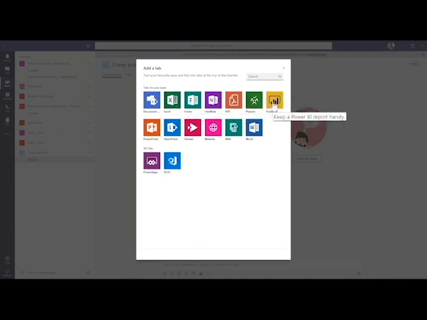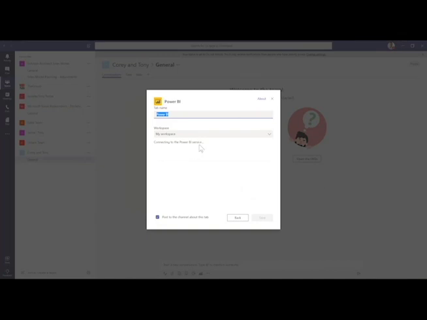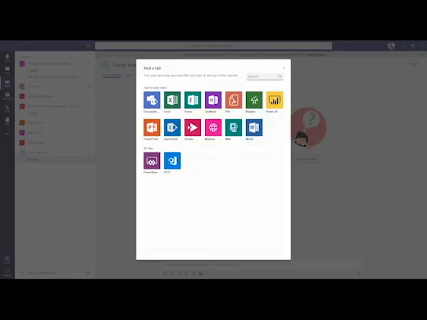And say for me and Corey, I want to add Power BI for our sales team to see some of the metrics that we're working with. There's already two showing up here in my Power BI portal that I'm using already. So if I wanted to, I could just click on this and add it to this team so I have quick access to it. I don't have to go and log into a different portal every single time and find it. So I'll just back out of this.